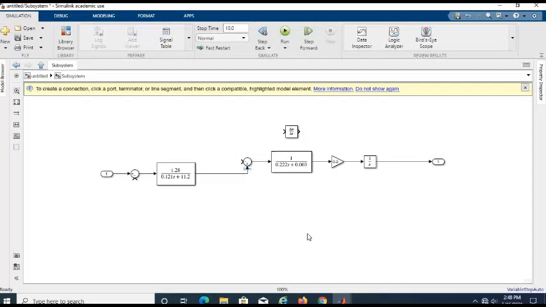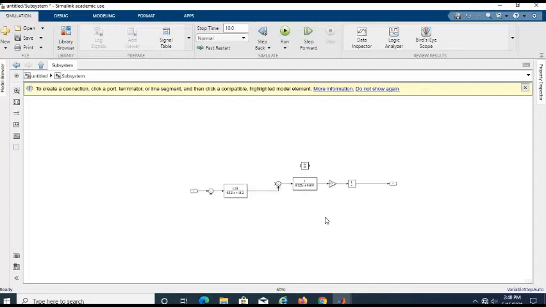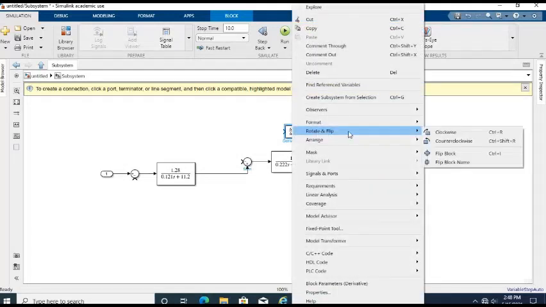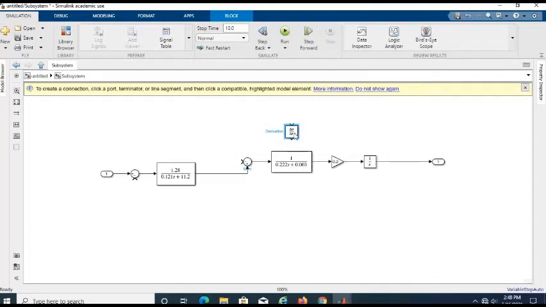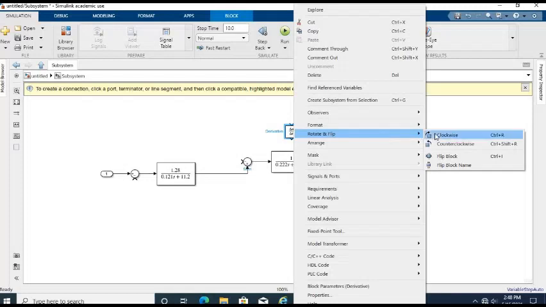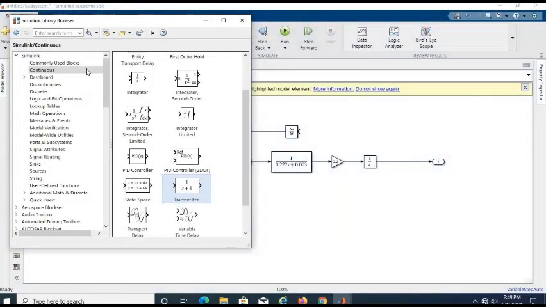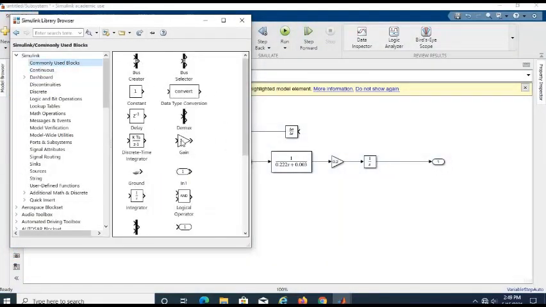Okay, now feedback. For feedback we need one, that is we rotate the direction. Then we need one more gain.